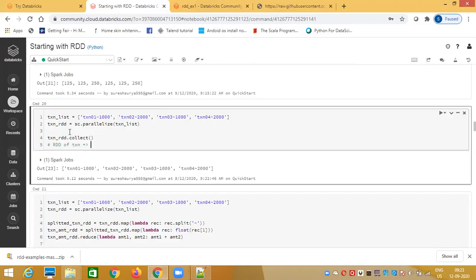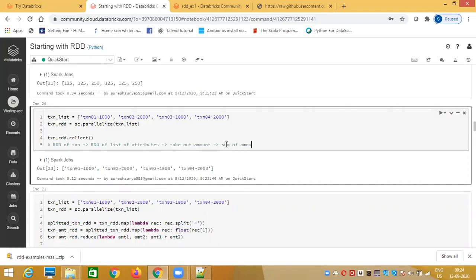Then I convert it into an RDD of list of attributes, which is nothing but transaction ID and transaction amount. Then take out the transaction amount part, and then find the sum of transactions.